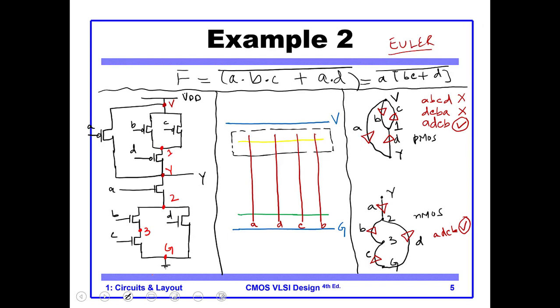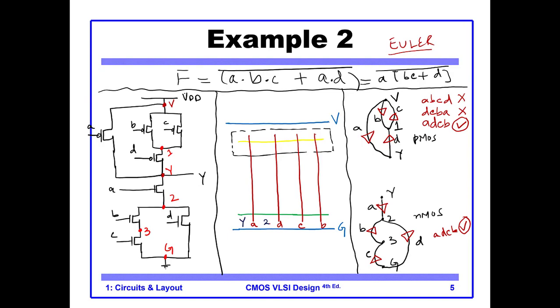Okay, so consider the transistor A. For the transistor A, on the top it is connected to Y, and on the bottom it is connected to 2. So you see, I have to keep Y on this side, okay, and 2 on this side,